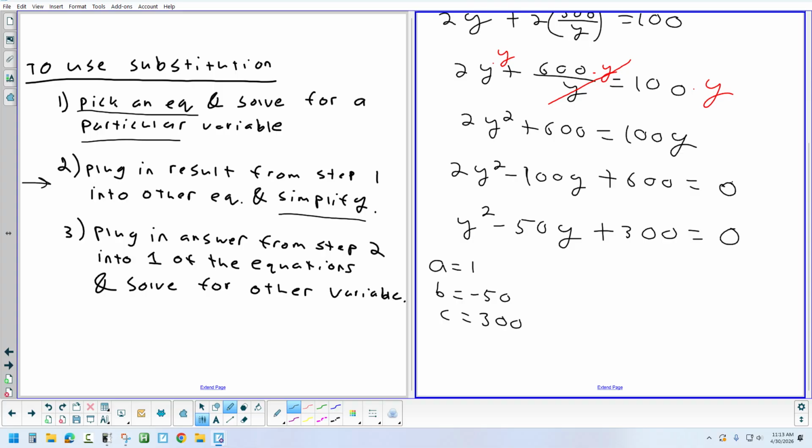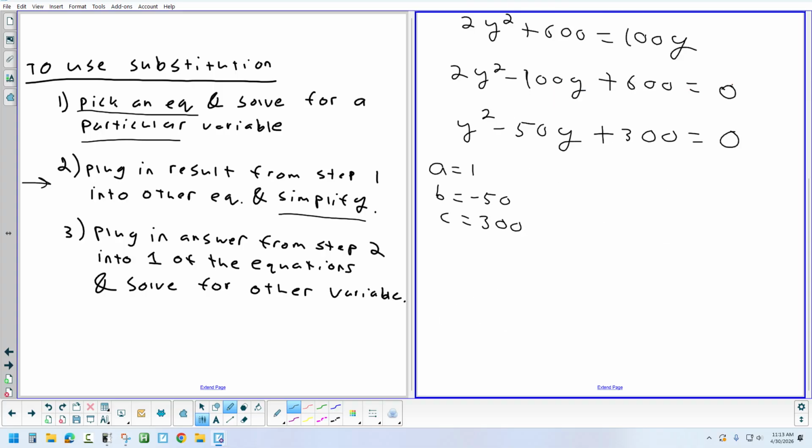Okay, so let's fill it in. So negative B plus or minus the square root of B squared. Well, B is negative 50, and when you square that, 50 times 50, that's 2,500. So B squared